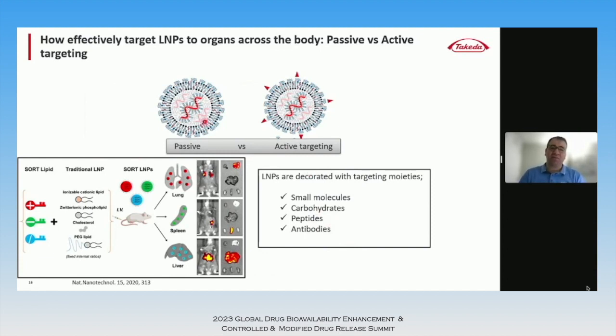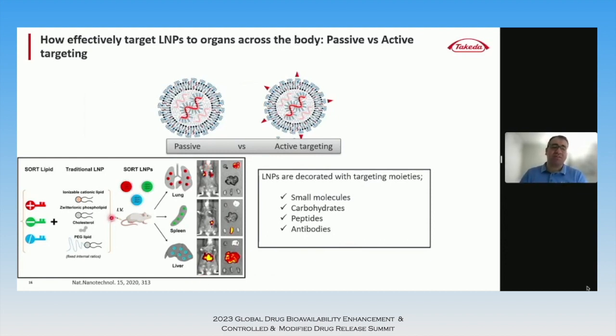The other approach, which I like most, is passive targeting, because it's much simpler. It does not involve that much chemistry and CMC challenges. So basically here it's your formulation. You play with your formulation, lipids, surface charge, all other things to somehow make these LNPs go to a certain organ. For this, there is not a really good understanding of mechanism or structure-property relationship. Usually people make a huge library of LNPs with different lipids, and they sequence them and see where they are going, and then they try to come up with alterations of the